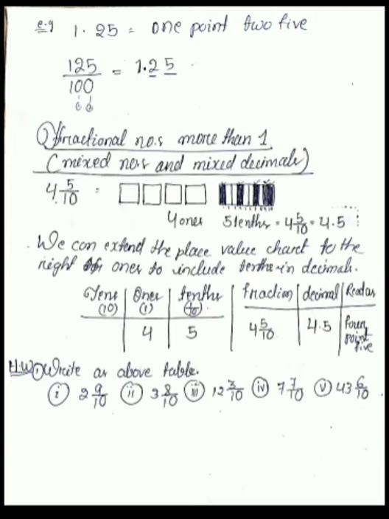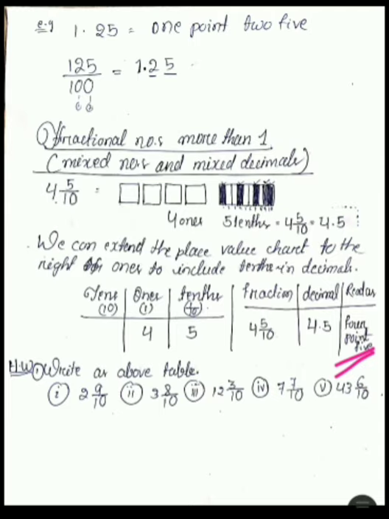And one more thing, see exercise 5A. In question number 1, it is given: write the fraction and the decimal that names the shaded region in each. In page number 76. Okay, see it from your book. So students, the shaded part is given. You have to write the fraction and the decimal. In question number 2, the decimal is given. You have to write the fraction and you have to draw the picture. In question number 3, you have to write the number names. This is the number names. Okay. Like this you have to write the number names in question number 3 of exercise 5A.